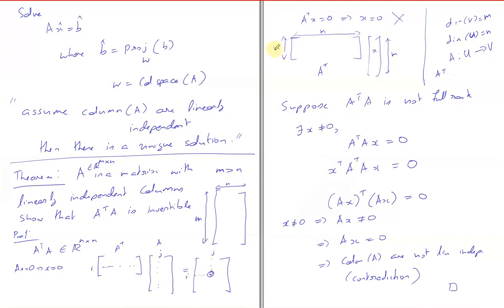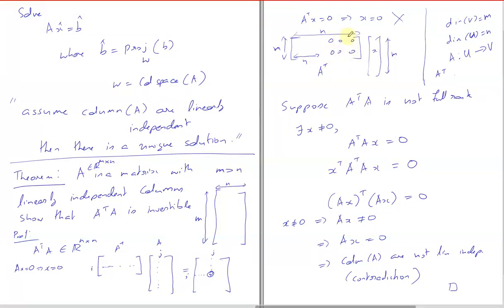The row rank is n, I agree with that. That means the column rank is also n. That's all we can say: there are some n linearly independent columns. But every set of n columns is not linearly independent. You can find counterexamples. For example, I'll put zeros over here. I took the first n, so I put an n by n full rank matrix here and zeros everywhere else.